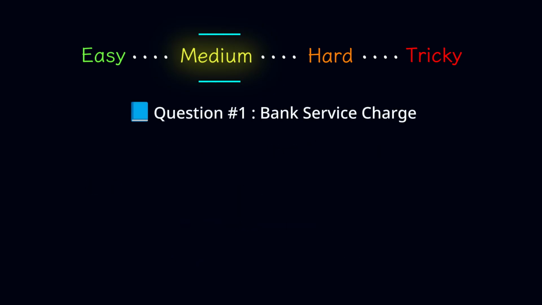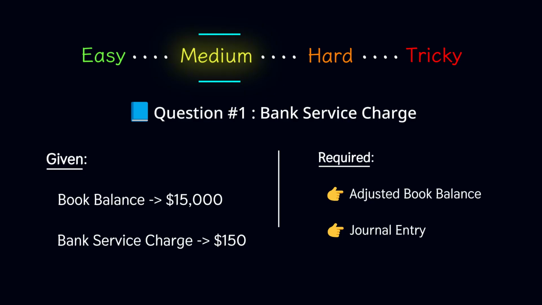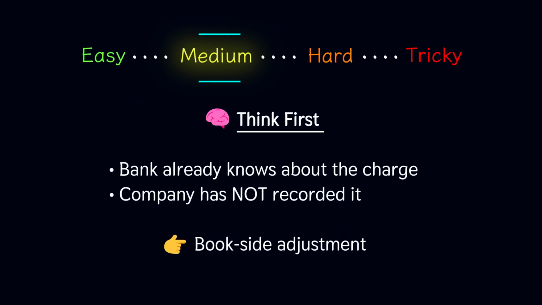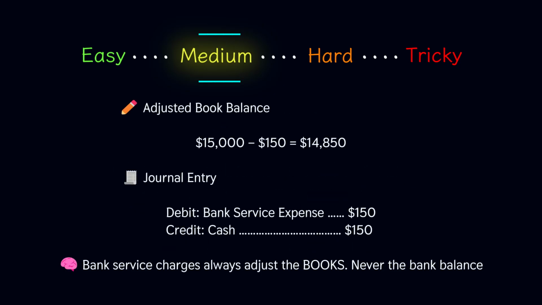Here's the situation. The book balance is $15,000. The bank charged a service fee of $150. The question asks, what is the adjusted book balance and what is the journal entry? Pause here. The bank already knows about this fee. The company does not. That means this is a book side adjustment. So we reduce the book balance. 15,000 minus 150 equals